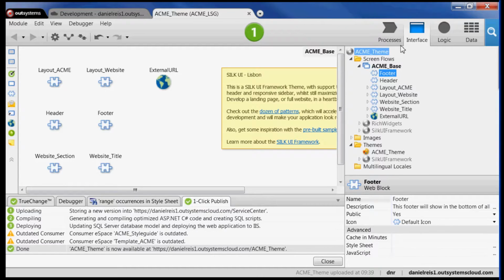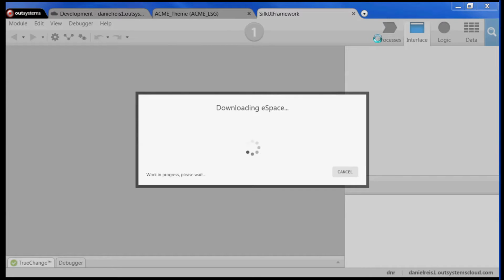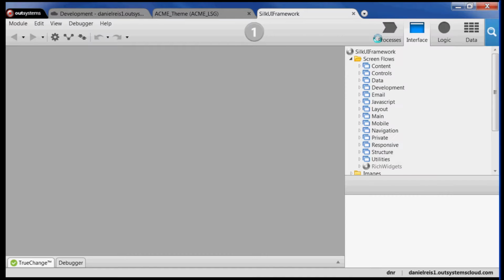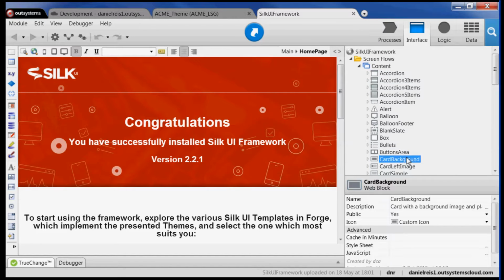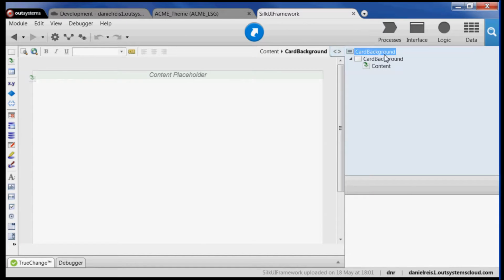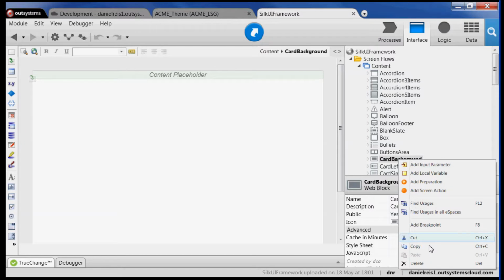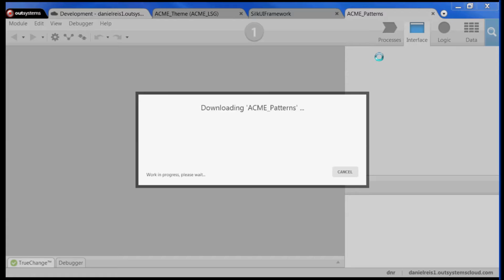So now imagine that you need a pattern, a card for example, and you know that Silk UI already has cards. So you do your search, etc., and after that you realize that the card background is almost the pattern that you need, but you need to change something. You need something slightly different from this pattern. Well, in that case, what we recommend is to copy the pattern that you need and open your